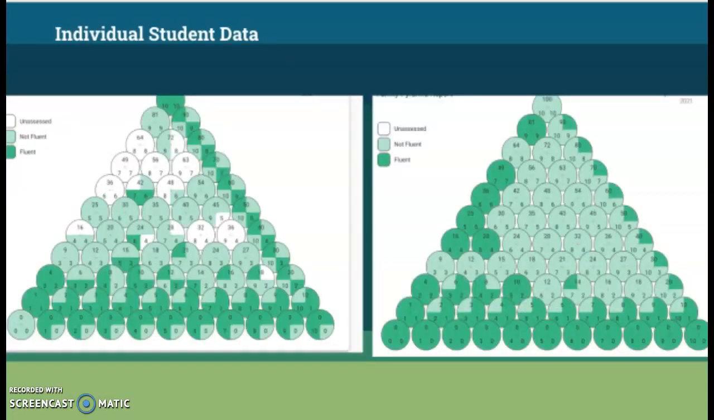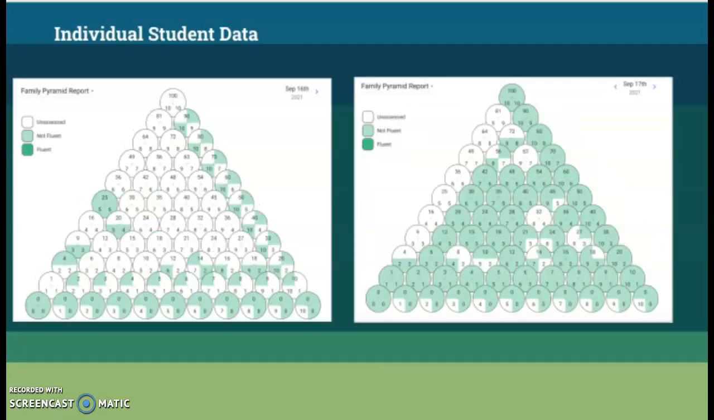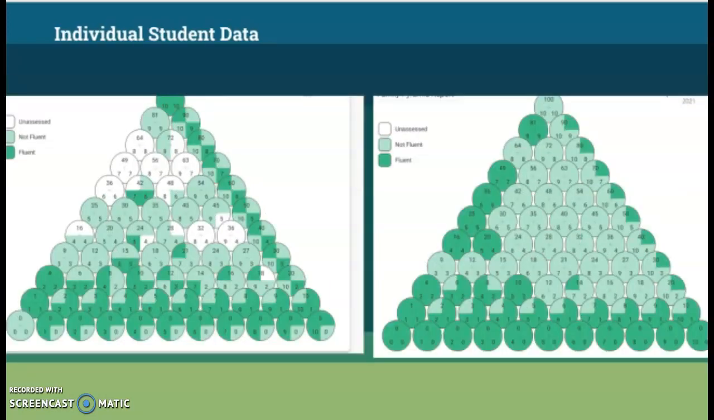Here is a piece of the same students, different data. This is from just last week. So as you can see, definitely a large jump from when they first started to now. You can see, if you look closely, that they are becoming fluent in their zeros, ones, and tens, which are their easier facts. So this student's still working to gain mastery